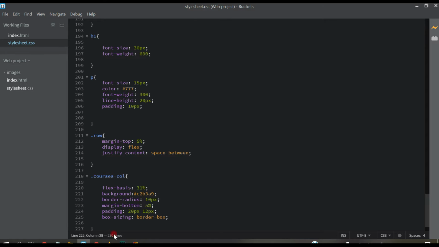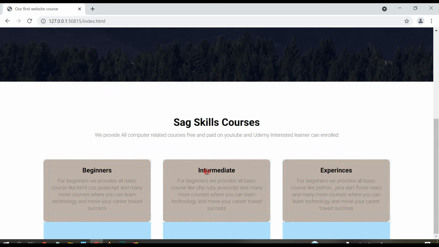Control S, let's see how it looks. You can see this is looking very nice.